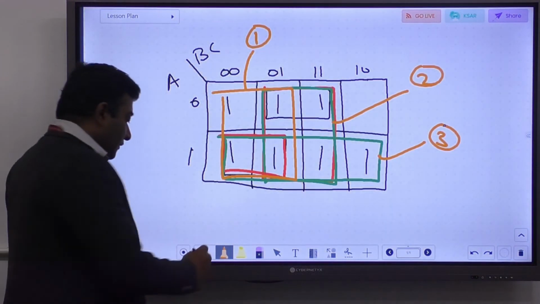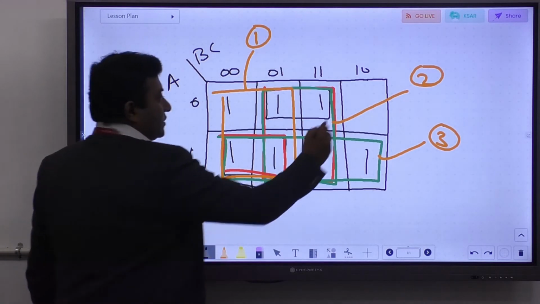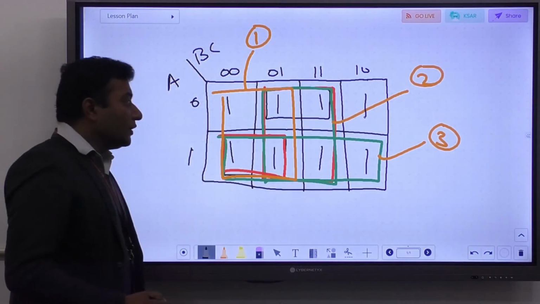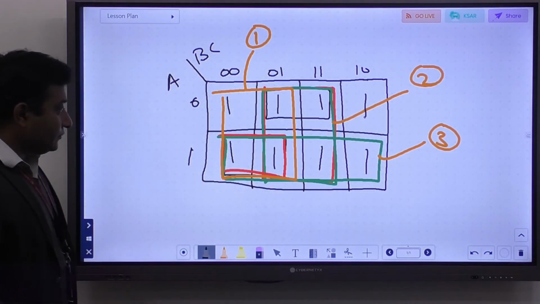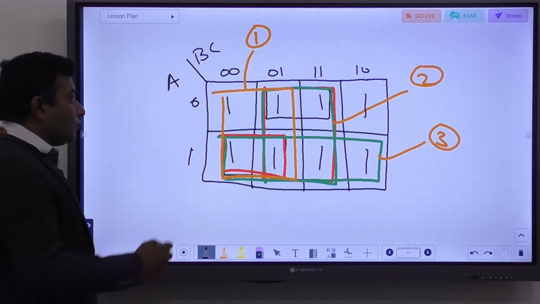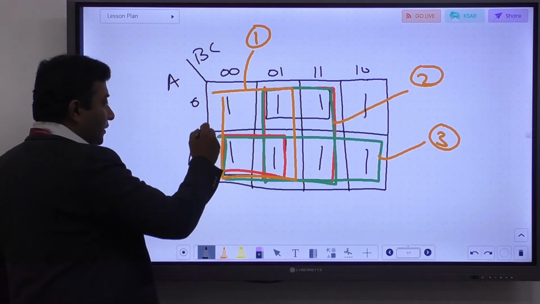Okay, and if this is also 1, the complete output would be 1. What we can do and what is being done in case